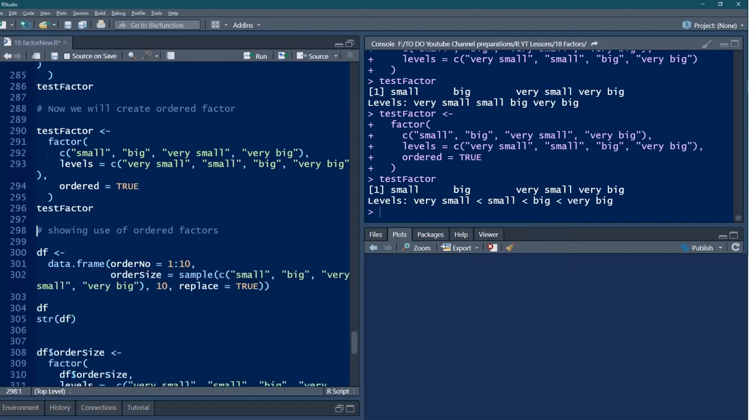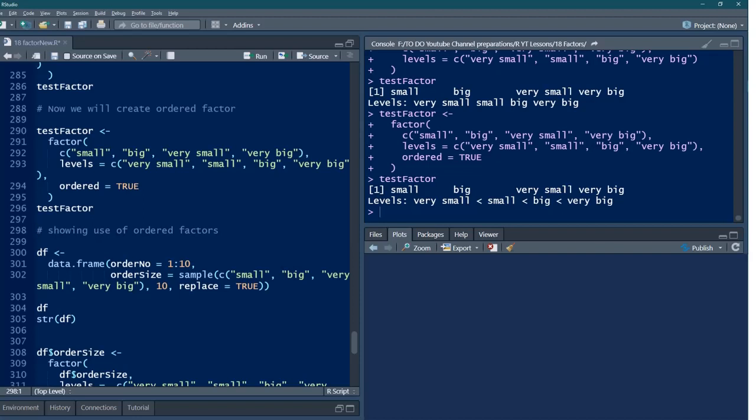Now, let us look at the use of the ordered factors. We will create a data frame. Order number is one column, 1 to 10. Order size is a sample in which small, big, very small, very big, these are the 4 strings which are put in the concatenated information. From this data we are going to take 10 samples with replace is true.